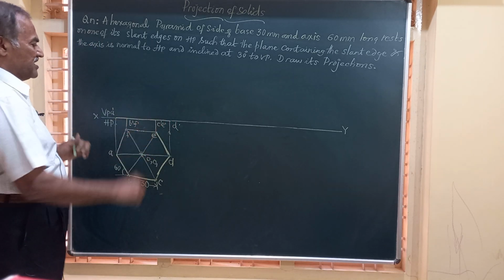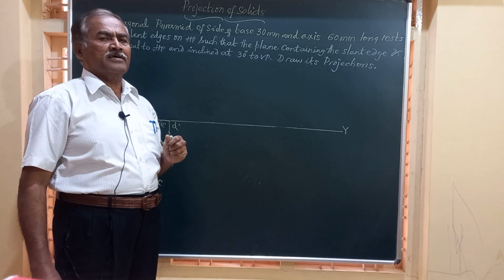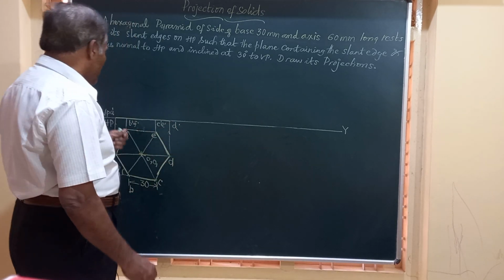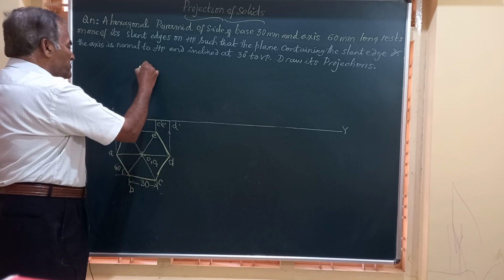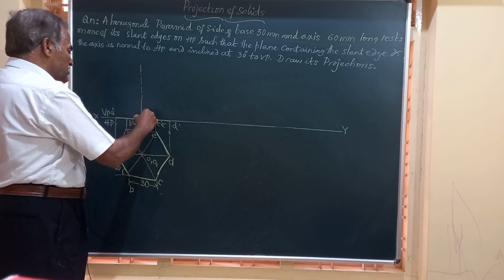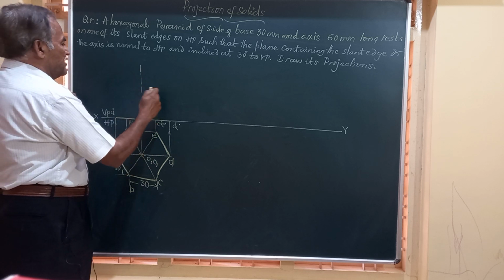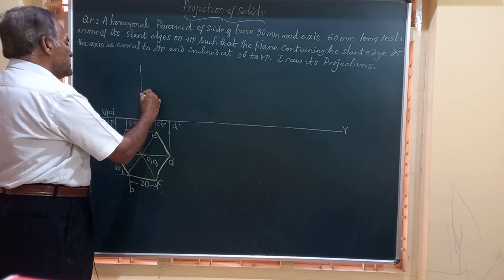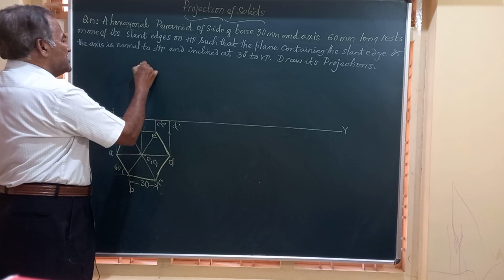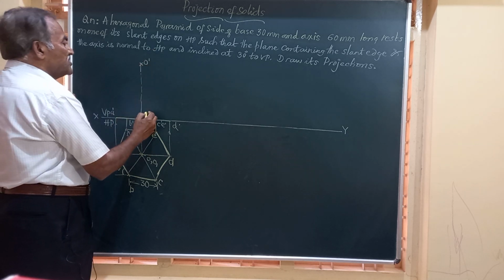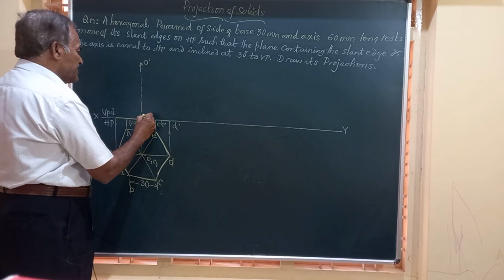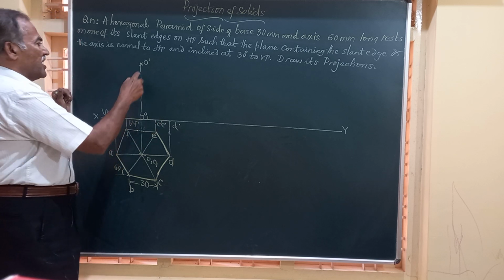There are 6 points on that. So it is a hexagonal base of the pyramid. Friends, let us draw a vertical line through this O and obtain the front view of the solid. So how to obtain that? The height of the solid is given to be 60 mm. I just mark O dash at a height of 60 millimeter. This line is the axis. This is O1, and I am going to join this